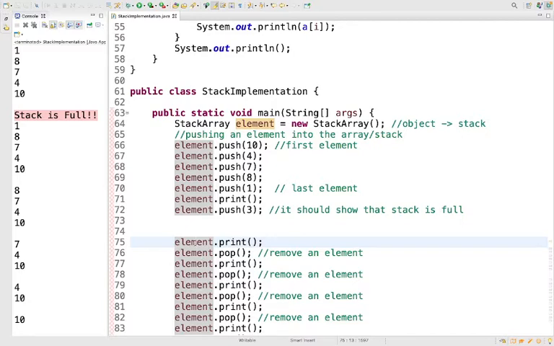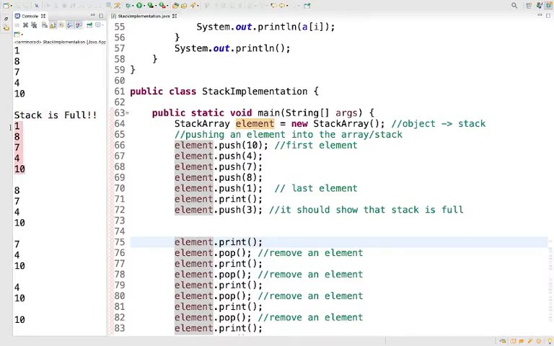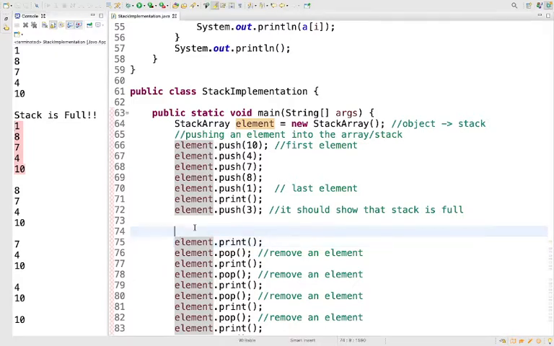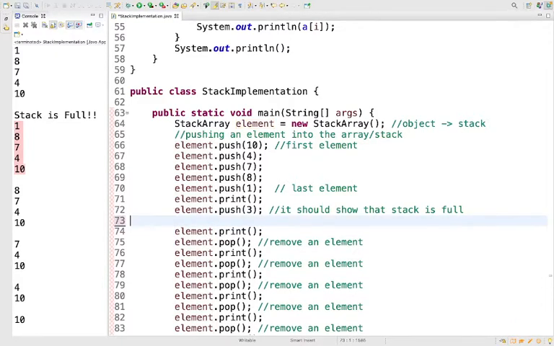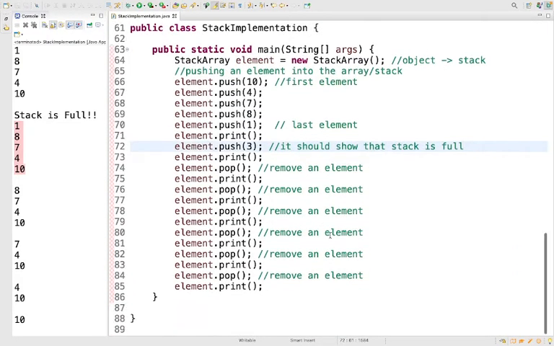So that's why we again printed, to show that this is how the stack will still be in the original state. Even though I can't push any element there, it will just show the message, and then it will just give the earlier stack value as it is. Okay, so this is how we can do the basics of